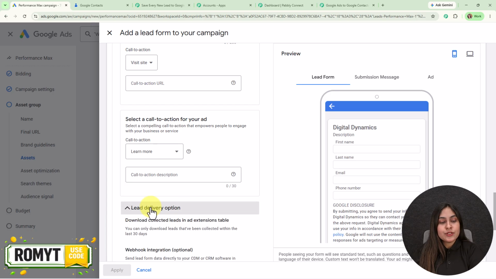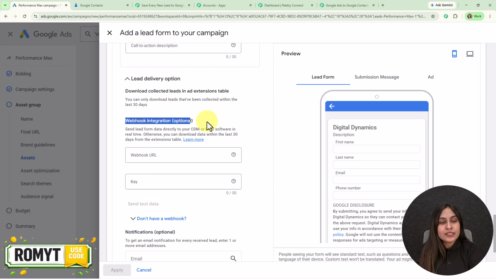Lastly, you can see the option of lead delivery. Here under this option, you can see the option of webhook integration, and as you know, we are going to use webhook to connect our Google Ads with Pabbly Connect. So for the URL, we are going to add the webhook URL, and for the key, I'm going to give